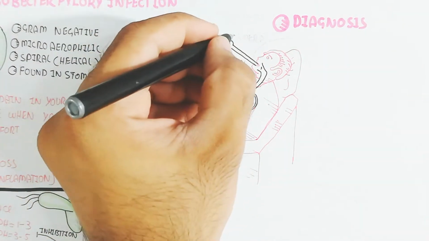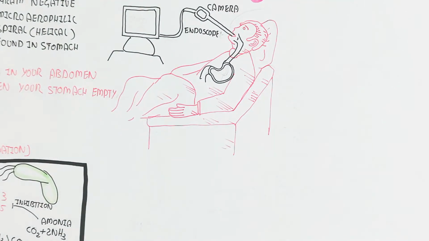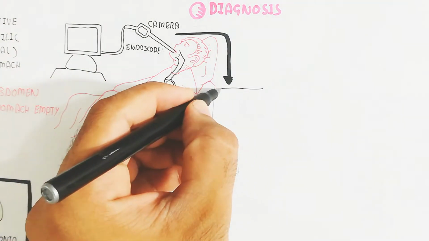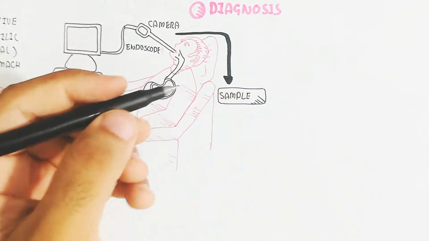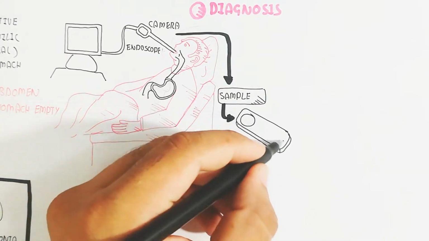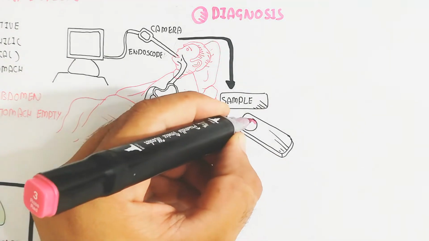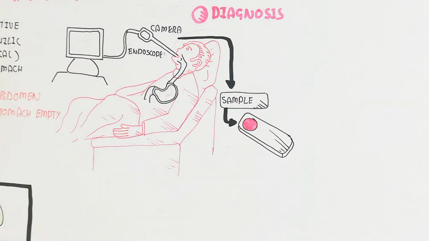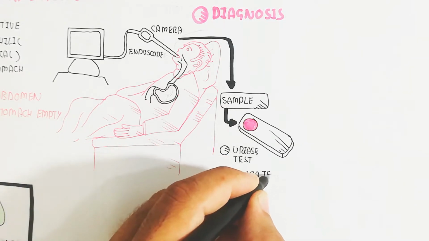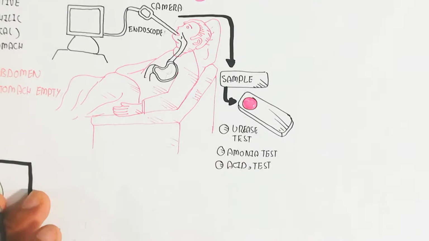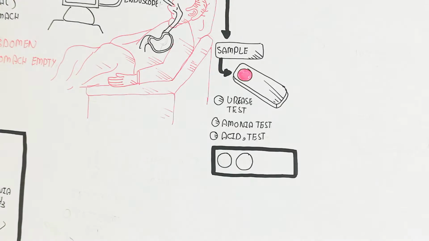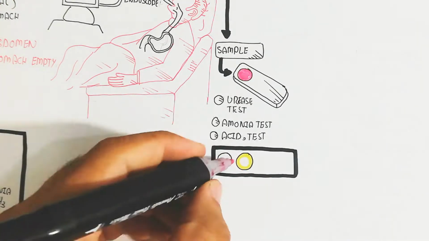On the other hand, here you can see and understand the diagnosis. Endoscopy is preferred, via a camera, to see the ulcer. After identifying the ulcer, the sample is taken. After taking the sample, the urease test is done. If the urease is present, it means the Helicobacter is present, and there is also the ammonia test due to ammonia production, and the acid test if the acid is low. So in this way the